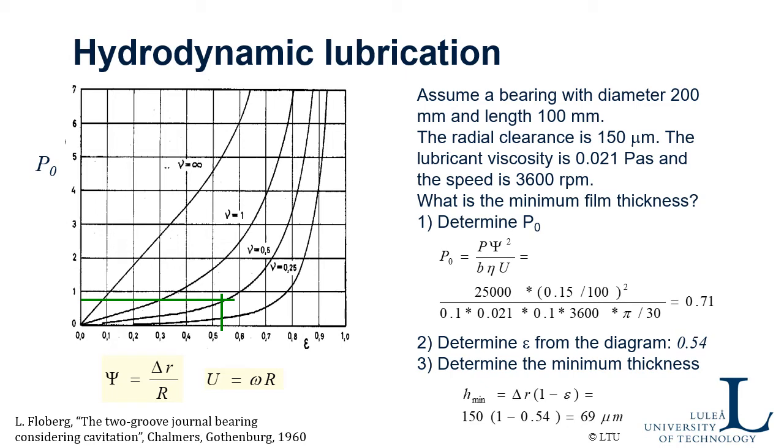Okay, if we know the relative eccentricity, we can compute the minimum film thickness according to this expression, and it ends up with 69 micrometers. And normally the roughness here in a bearing like this is something like 1 or 2 micrometers, and that means that the lambda parameter is something like 50 or so. So it's very high. So in this case, we are very sure that we have full film lubrication, and we